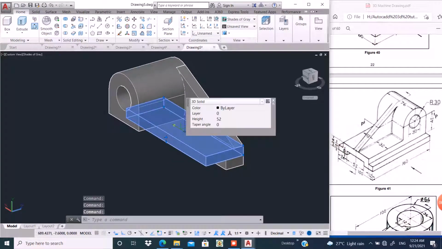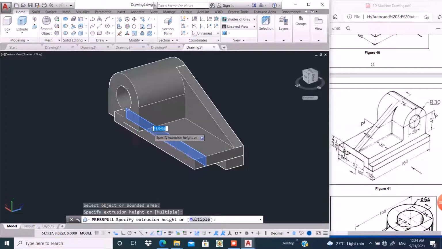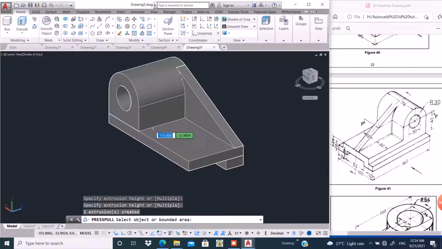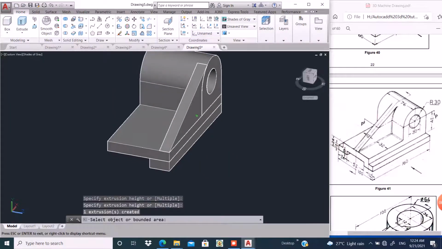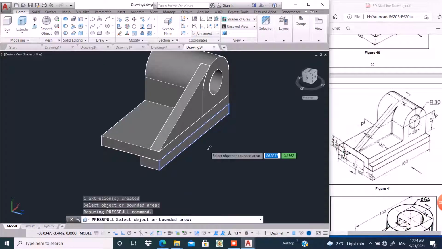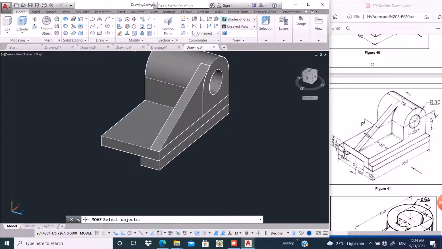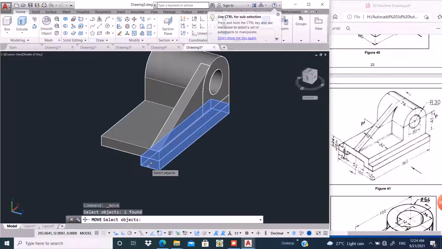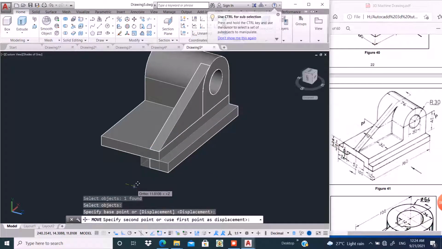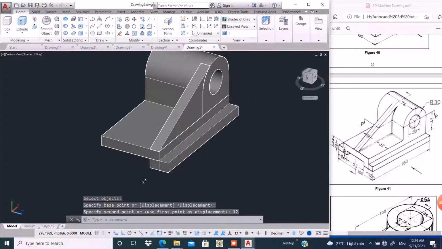Presspull this unit, click here up to this unit. Okay. Now select the bottom portion, so move it, take the move command, click here at a distance of 12 units. Here it is.